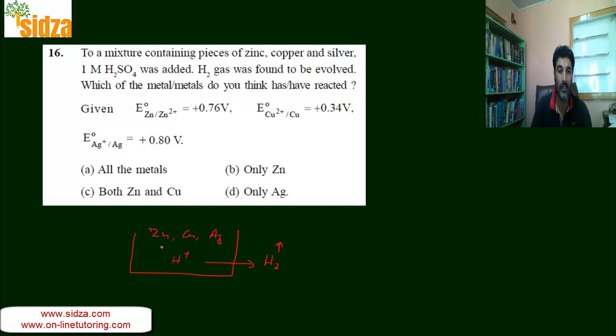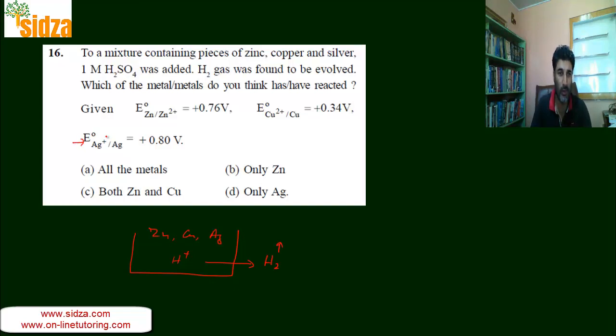Or I can say the metal whose reduction potential is lower than the reduction potential of the H plus will react with the H plus ions, because reduction potential means the tendency to gain the electron. If you have a metal that has higher reduction potential, suppose you look at the silver,